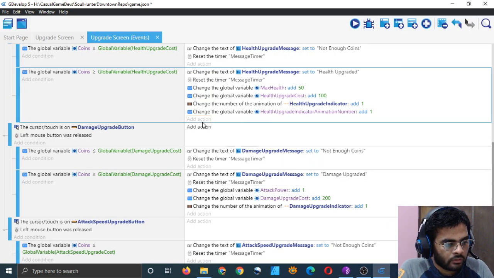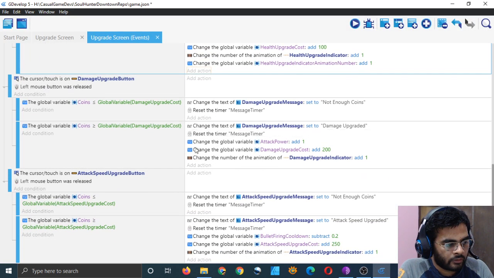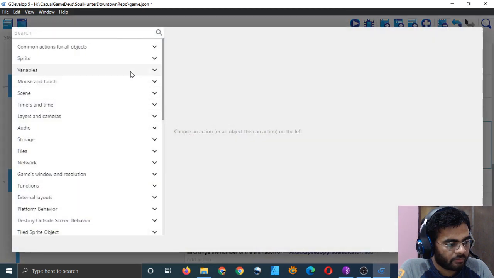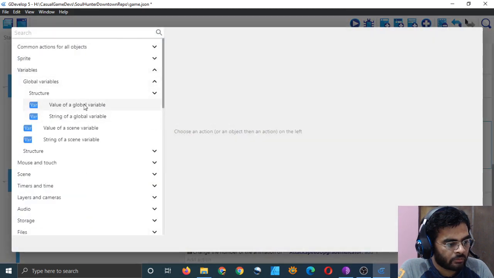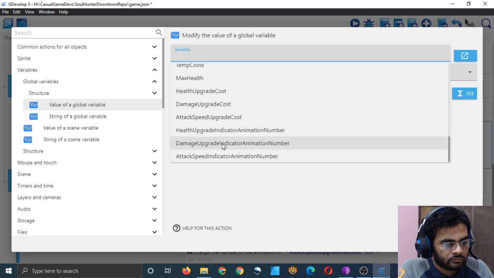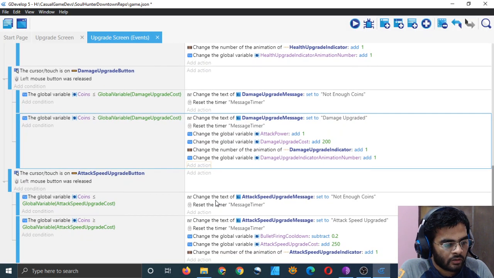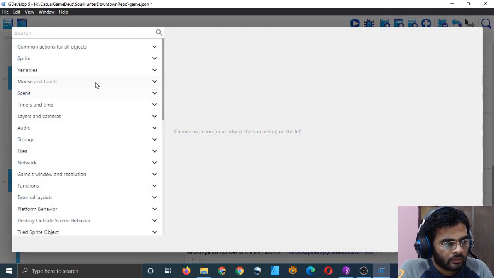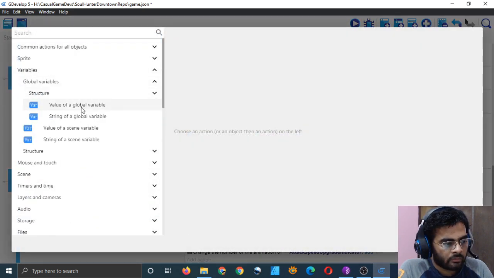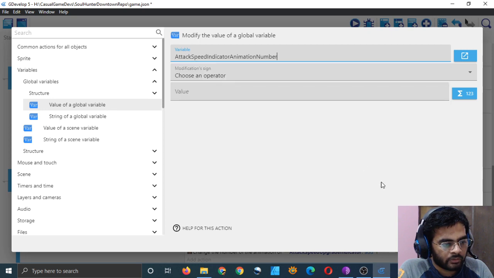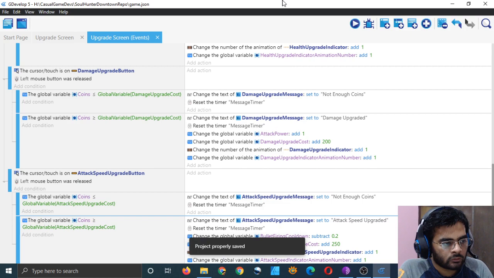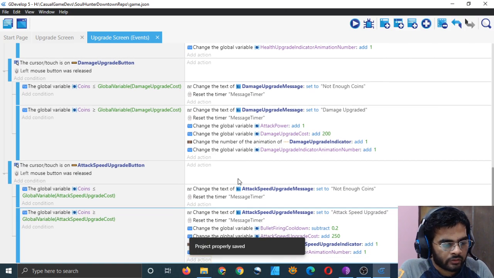Okay, health upgrade, and for damage upgrade, do it for the damage upgrade indicator animation number plus 1. And in the attack speed upgrade, do the same thing, global variables, attack speed indicator plus 1. Okay, cool, right? That's good, it will work.